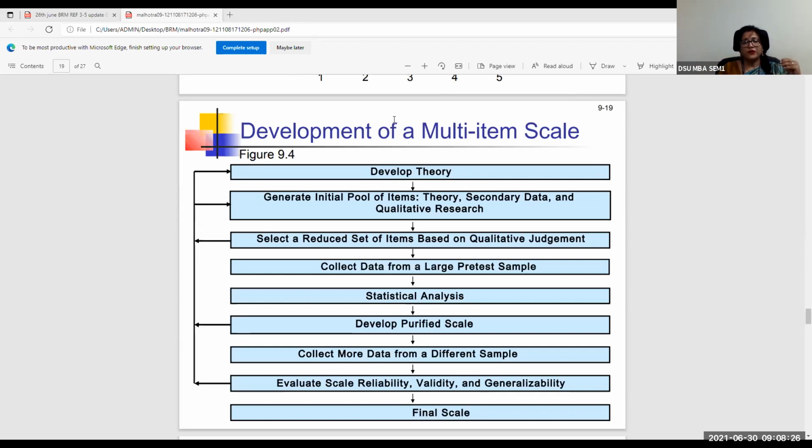For example, if you want to measure loyalty, loyalty is a concept, a theory which has propositions on two aspects. One is the emotional aspect of attachment to a brand, as well as a behavioral aspect of purchase of a brand. So normally when we talk about loyalty, loyalty basically is a concept drawn from the social sciences domain and basically from the sociological domain.